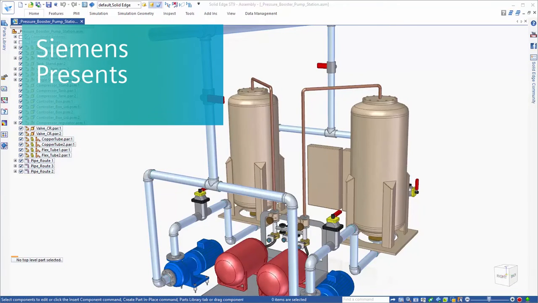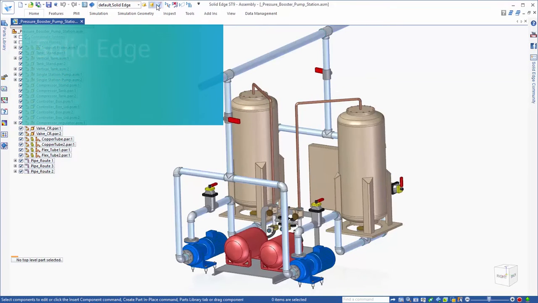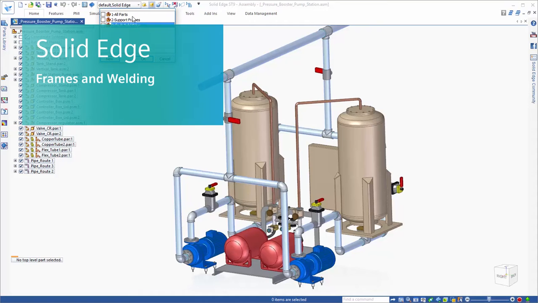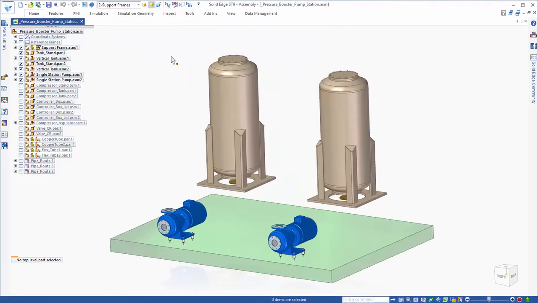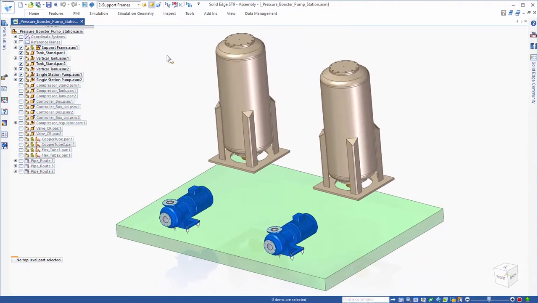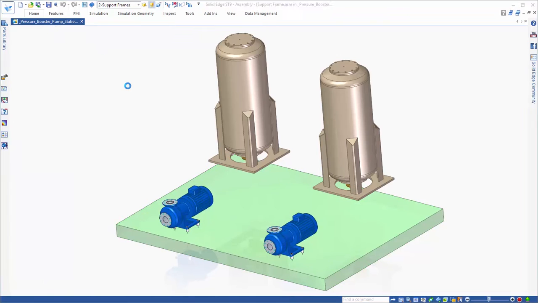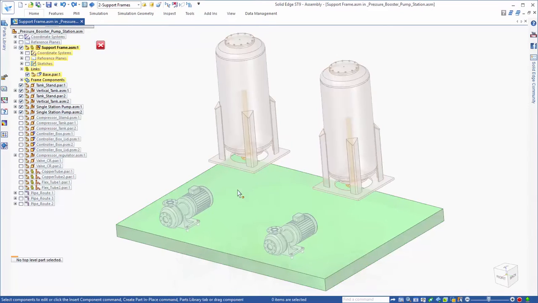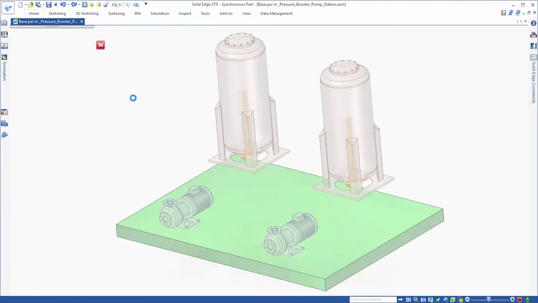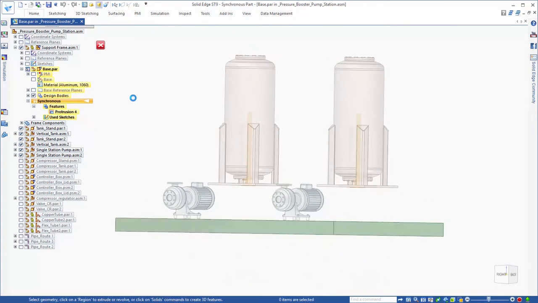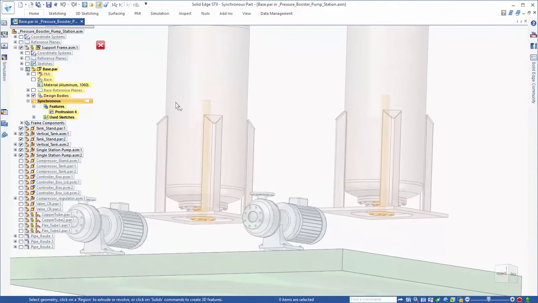In this example, we'll look at how Solid Edge handles frames in welding. Building framework is a common engineering task for many industries, and Solid Edge gives users access to tools that greatly ease the design process when designing and editing frames. The pump assembly framework we're working on has been partially completed, but we still need to finish up some final